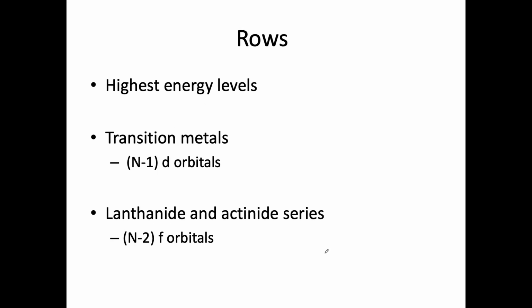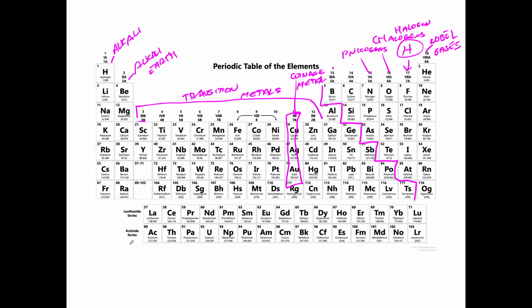Now we're going to talk about rows. The rows are basically the energy levels of the orbitals. We'll talk about this more in chapter 4, but I want to introduce it now. For the highest energy levels, the transition metals are the d orbitals, but it's one level back. And the lanthanide and actinide series, I'm going to go back to this. These two should be up here, but they're actually down here, and this is due to electron configuration. We'll talk more about that